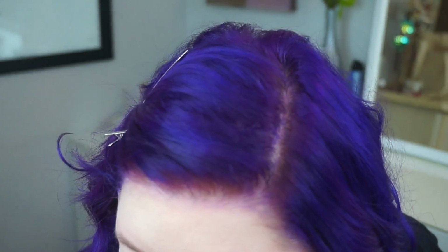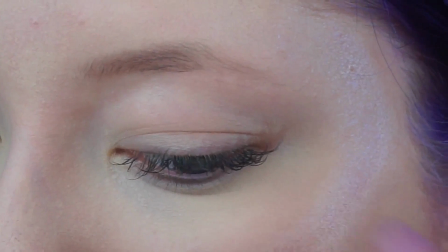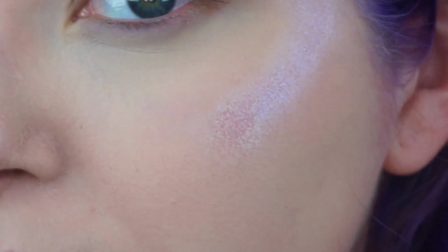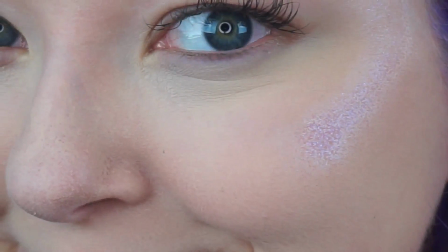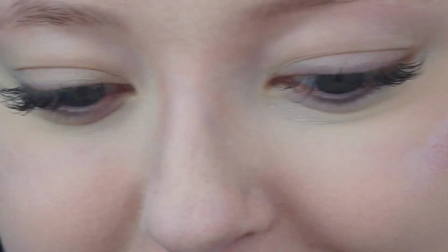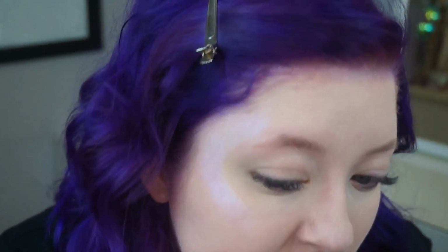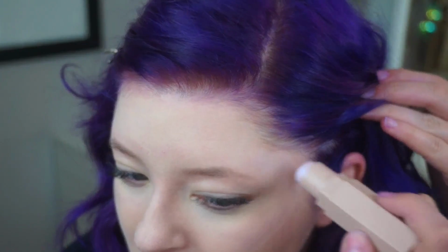Oh, not cute. So the stick definitely just removed quite a bit of the foundation, literally right here on my cheek. Let me see. Hopefully you guys can see that, but it's literally just gone. Perfect. It didn't do that. Well, it did it in some spots, very small, but that was a big chunk of